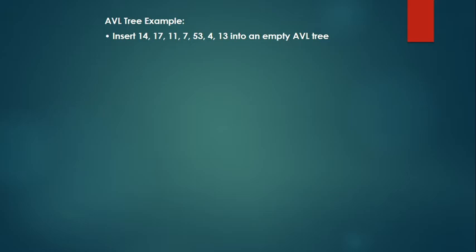The first element is 14. That will be inserted and will be your root node, and next we are going to insert 17. This 17 will be compared with 14. Please remember, while you insert, we still follow binary search tree, because AVL tree is nothing but a subsidiary of your binary search tree. AVL is helping you to balance your binary search tree structure. Now 17 is greater than 14, so 17 should fall under the right side of 14.